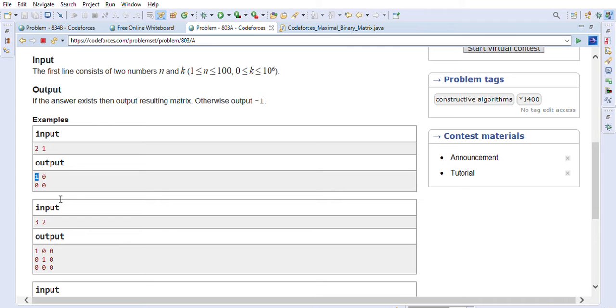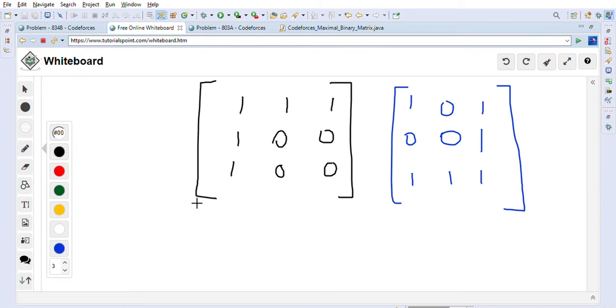So let's first go to the whiteboarding screen, and we will understand what lexicographically maximal means, because that is a very important concept to solve this problem. There are two matrices. This is M1 and this is M2 that I created. Both matrices are symmetrical, right? If we draw a line like this, this is the diagonal for both matrices, so both are symmetrical. So which one can we choose? How do we know which is lexicographically maximal?